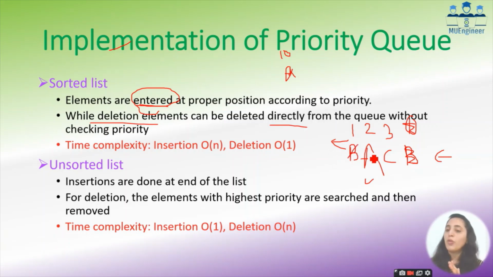So delete करते वक्त मैं पहले B को, बाद में A को, बाद में C को delete कर रही हूँ. तो delete करते वक्त मैं कुछ सोच ही नहीं रही हूँ. I'm just deleting, and I know I'm deleting as per their priorities. Okay, but when I'm entering, I'm making calculations and I'm checking that they are entering at the proper place. So here that's why insertion will take much time and deletion takes only one time, because directly front से